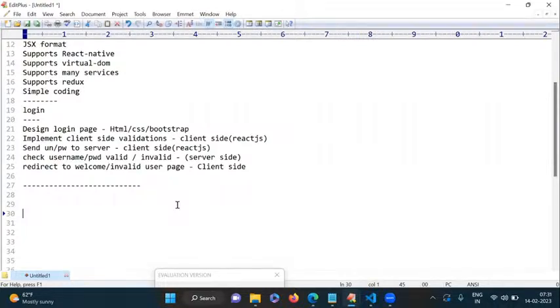Before that, we should have some minimum idea on HTML controls also, because in React applications, we are using HTML controls. In companies, designers are available and they will provide you the templates, but you should also have some idea about what is an input control, how to place the drop down, dialog box, what is container, what is non-container. These concepts you should know, then only we can implement